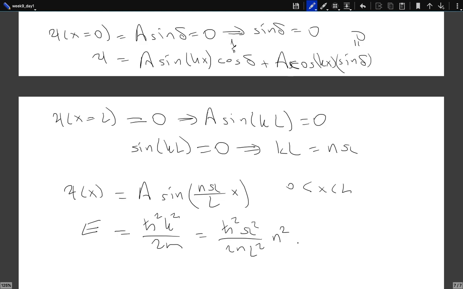You see, if you try to squeeze an electron inside the nucleus, you are essentially reducing L. If you reduce L, energy increases. So if you just choose an L that is of the order of the size of the nucleus, then the corresponding energy turns out to be of the order of tens of mega electron volts. We already know the size of the nucleus from the Rutherford scattering.